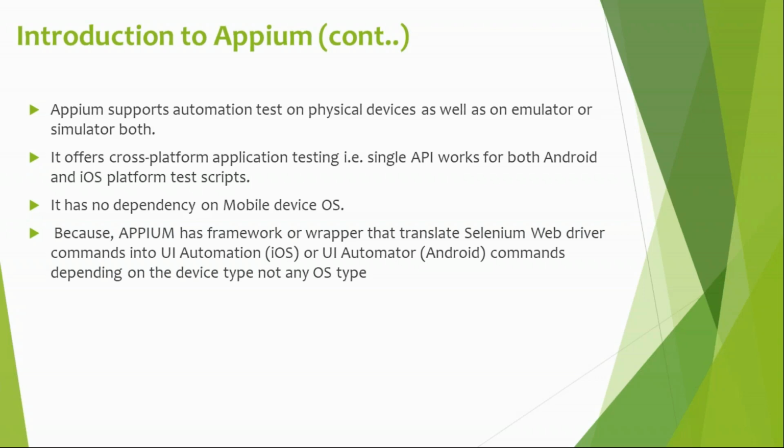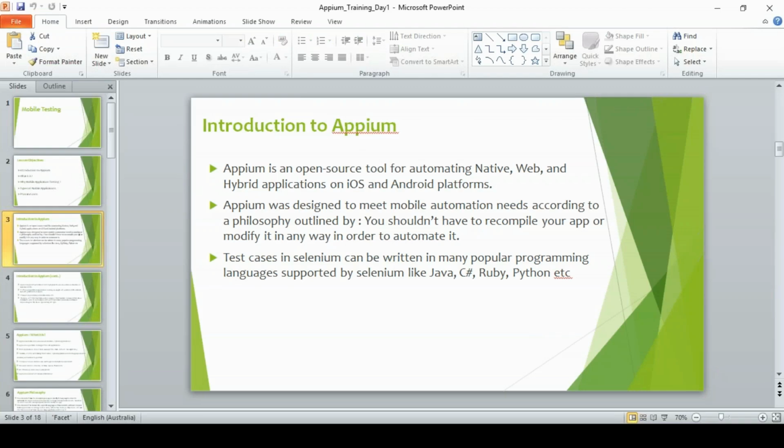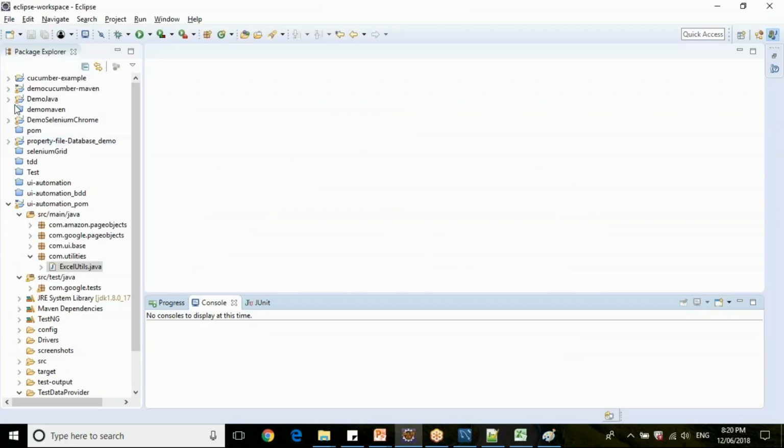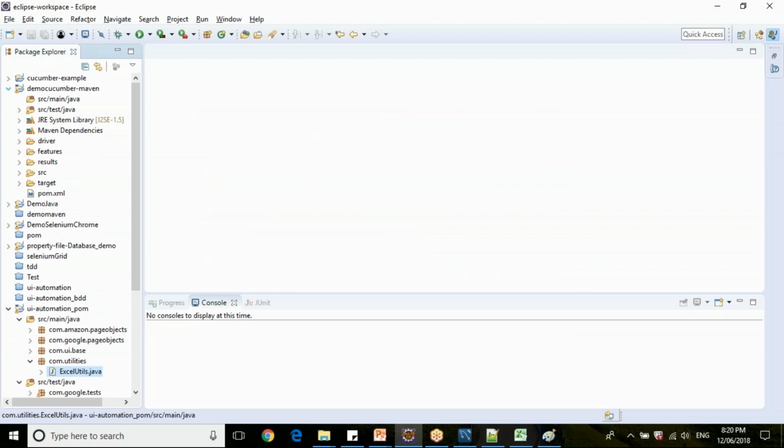Let's say in Selenium, you are writing driver.findElement by ID and you are sending some text. When you remove the Chrome driver initialization and provide the initialization with Mozilla driver, the code will work as it is. There will be no changes, right? Correct? Agree with this point? When you are working with a single line of code,